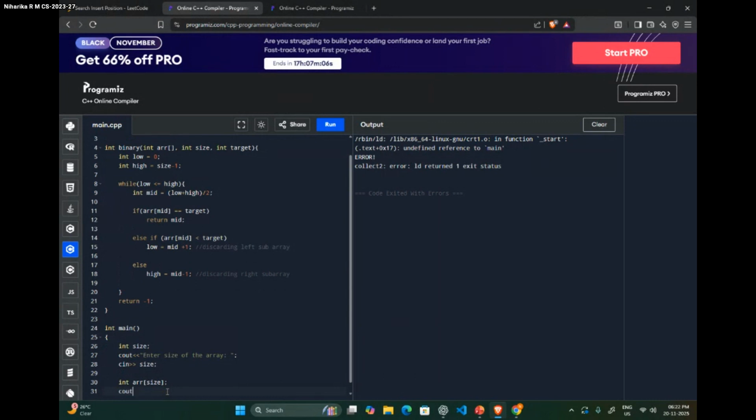And then enter how many elements. We know the size, right? So we'll enter size number of elements. And it's very important to know, guys, that it has to be a sorted array.